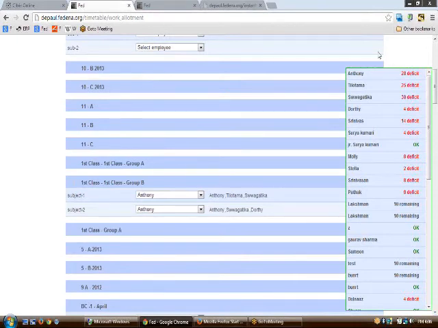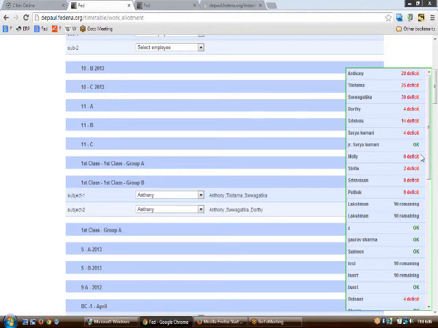As you can see in the option, Anthony has 28 deficit, which would mean that Anthony was having 28 more classes than he's allotted for, and Tiltama was having 25 more classes than she was allotted for.